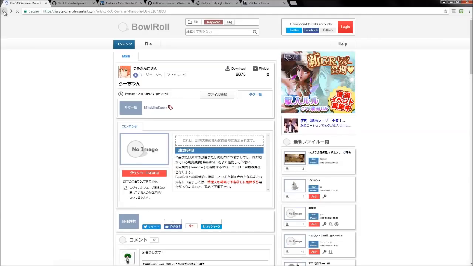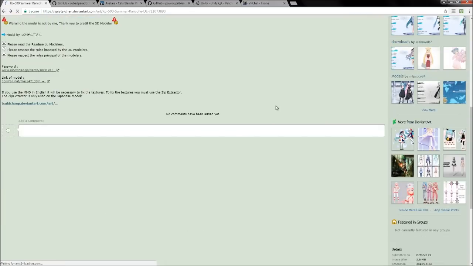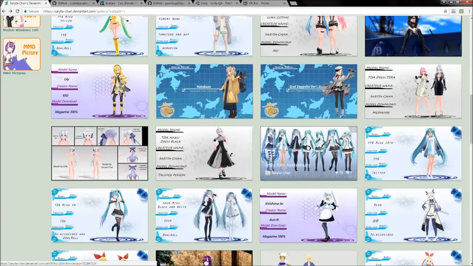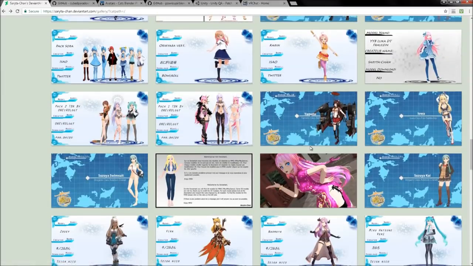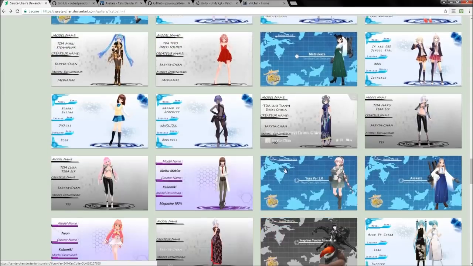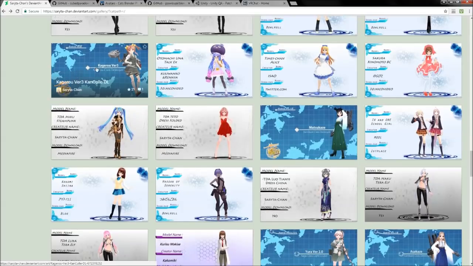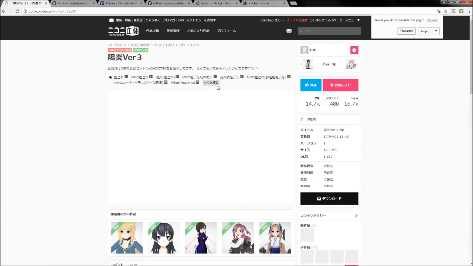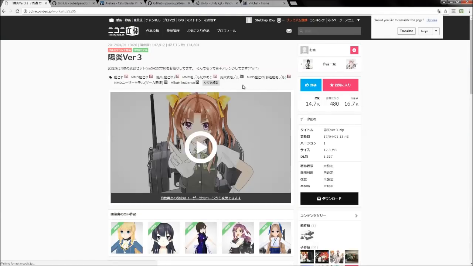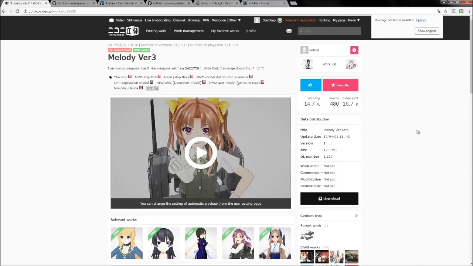Oh, again! Now, this is going to be a thing that you'll sometimes encounter, that these characters are just not available to you. If so, try and move on to the other one, or try to find a different place to find them. So, this one I have one of the other models of, so I know that this is gonna work. Now, when you're going to Nico Video, which is Japan's variant of YouTube, you're going to be wanting